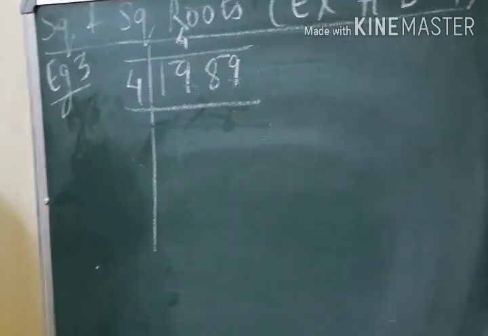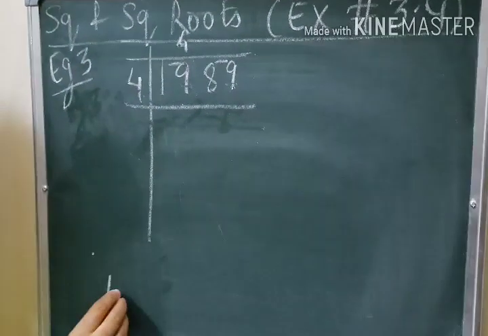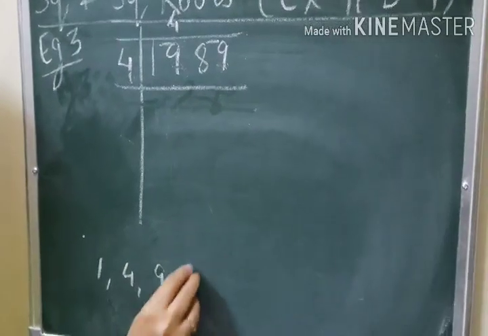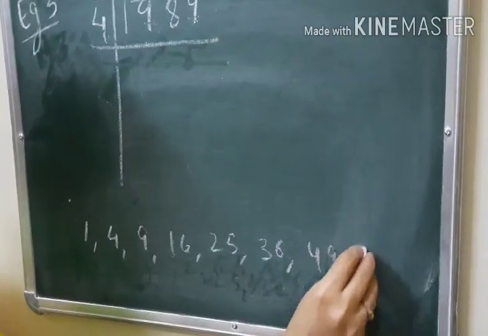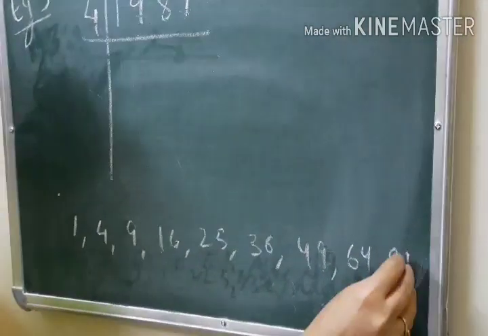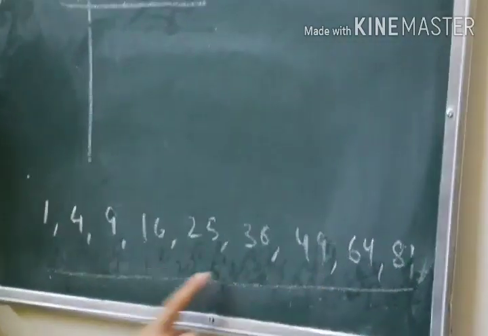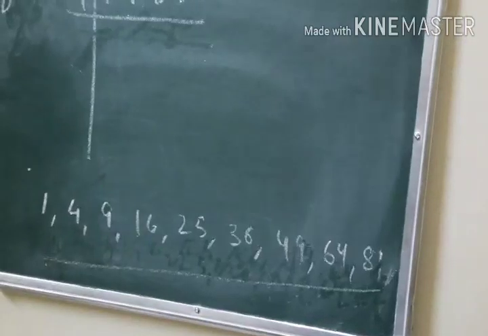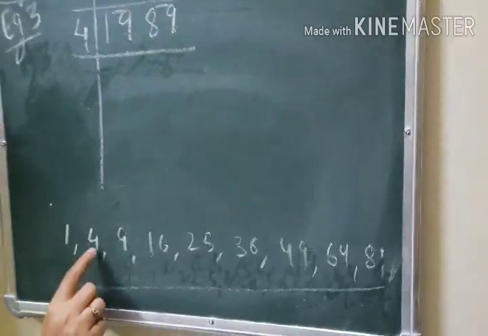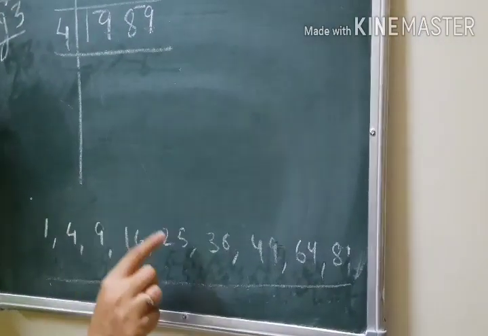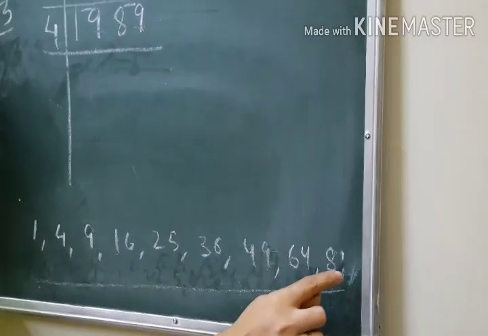Now if you find problem in looking at this, I told you yesterday also, you have to learn the squares: 1, 4, 9, 16, 25, 36, 49, 64 and 81. Only these squares you have to learn, and out of these squares, one of the squares will be used for the first pair, right? So these squares you have to learn. 1 1s are 1, 2 2s are 4, 3 3s are 9, 4 4s are 16, 5 5s are 25, 6 6s are 36, 7 7s are 49, 8 8s are 64, 9 9s are 81.